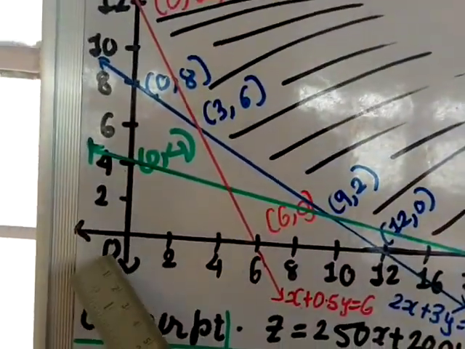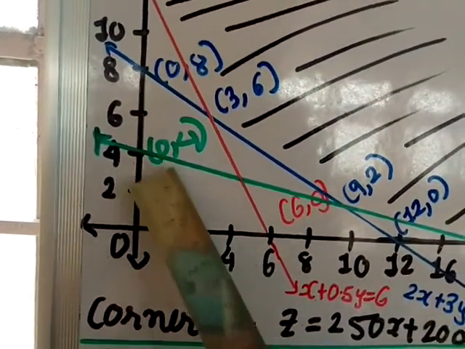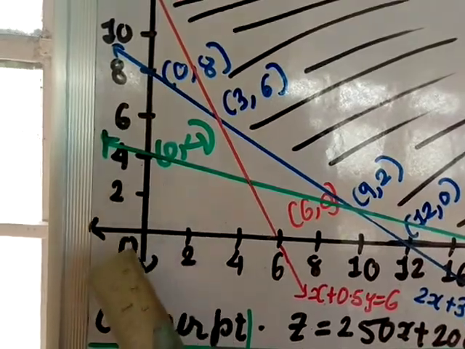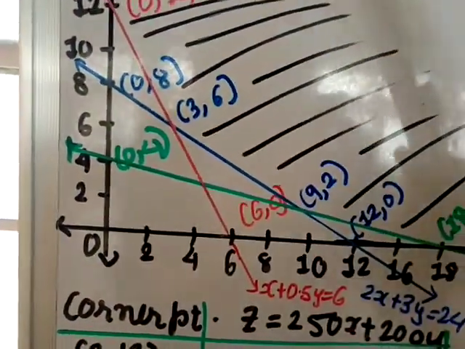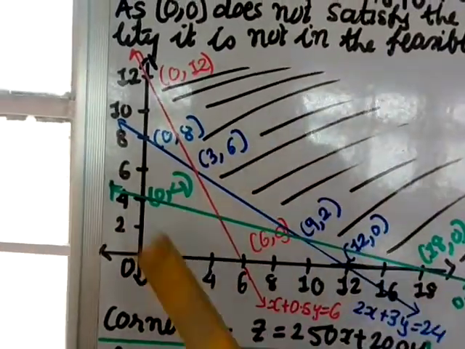If suppose 0, 0 is included, then you will take the smallest part, the inner part, because you have to take the inner part when 0 is included. When 0 is not included, you have to take the outer part, because that will be giving you the feasible region, common to all the given equations.